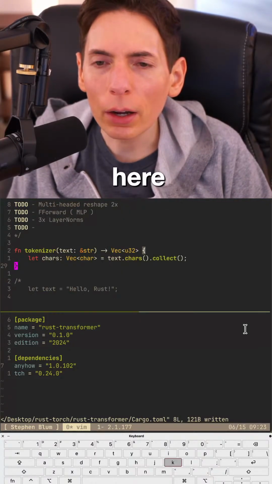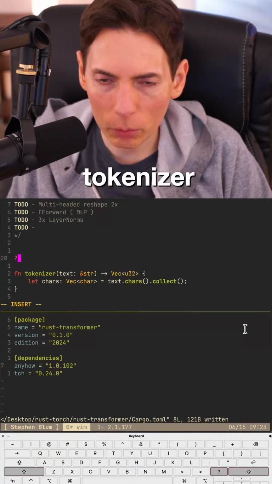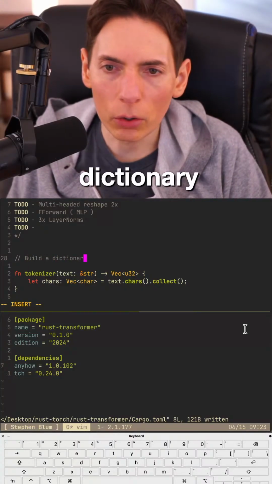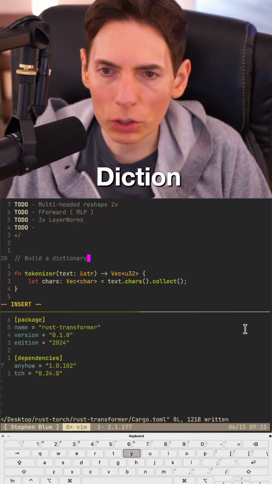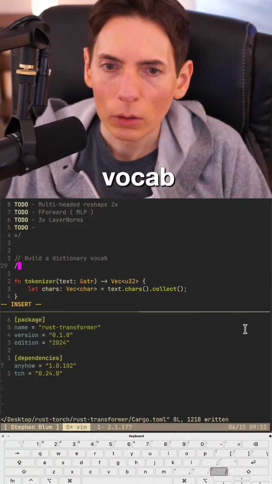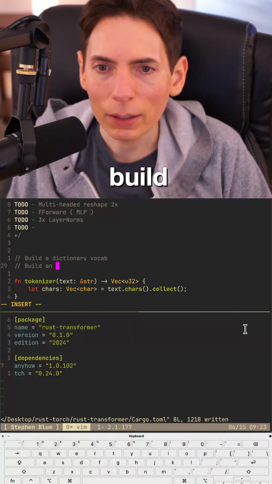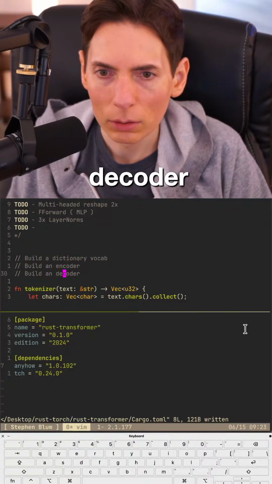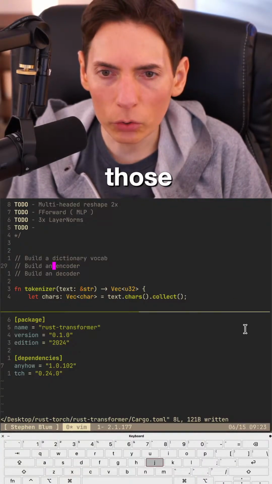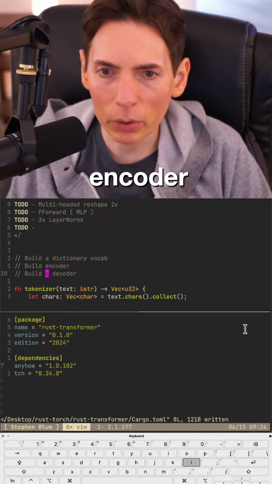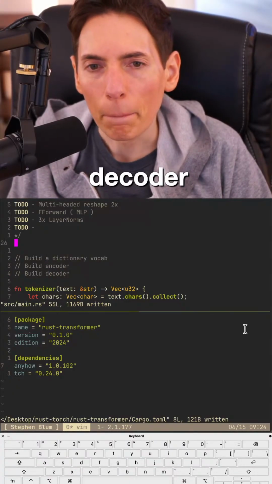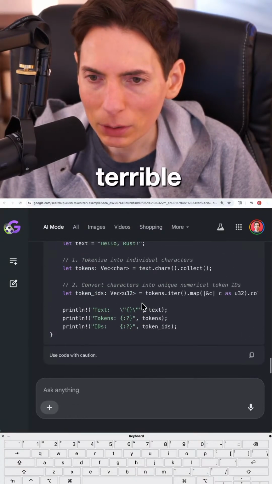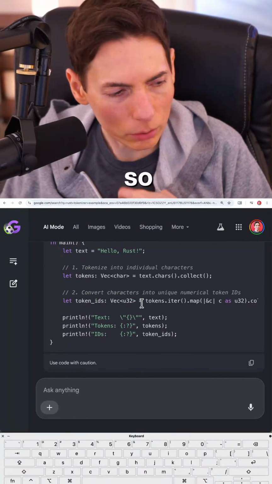Where do we want here? So in order to get our tokenizer to work, we need to build a dictionary, or the vocab, right? Dictionary vocab. We need to build an encoder and a decoder. Right? We got to do those two things. Build encoder, build decoder. That is terrible. That is absolutely terrible. All right, so